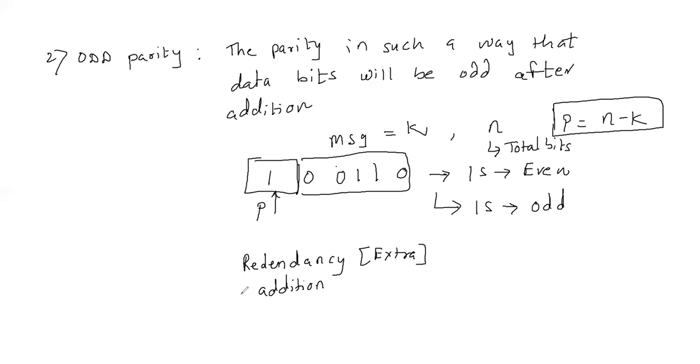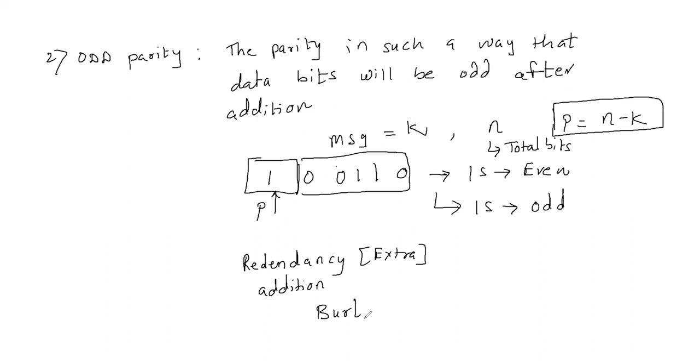Single bit addition of parity will detect single or double, at most 1 or 2 bits of error in a data stream. But if we want to handle burst errors, then we have to adopt some different method that will be discussed later on. So what are the disadvantages of even and odd parity? When we add these redundant bits, the number of bits in the data will obviously increase. That means overhead in a communication system will increase. Parity check methods cannot detect burst errors. Burst error means more than one bit, or multi-bit error.